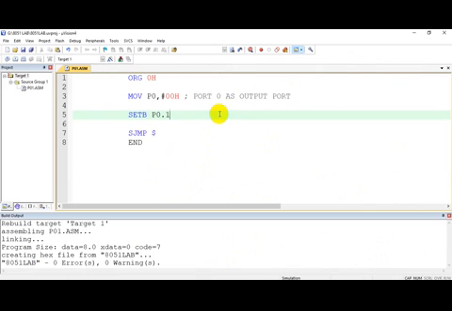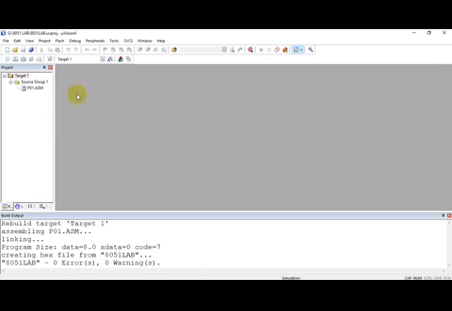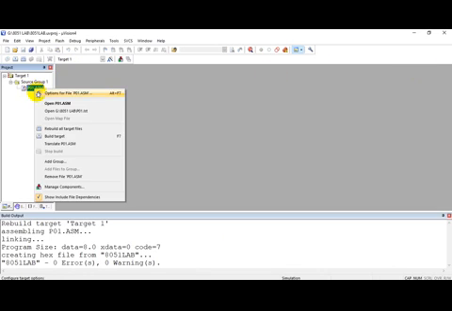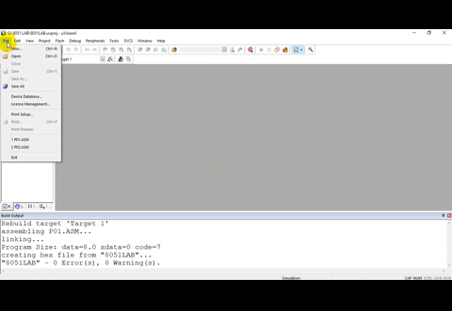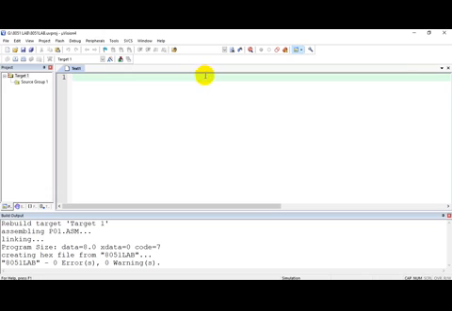For that, first of all, I have to create a C file. So I will close this ASM file and I will also remove this ASM file, and I have to create a new .c file now. For that I will go to file and click on new.